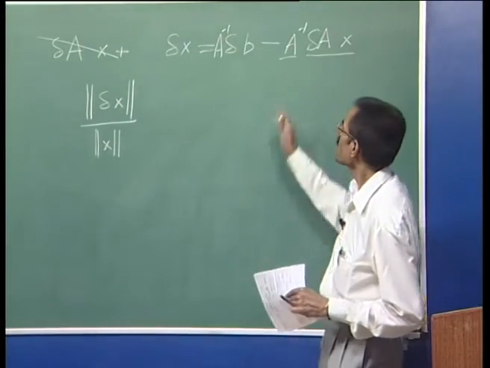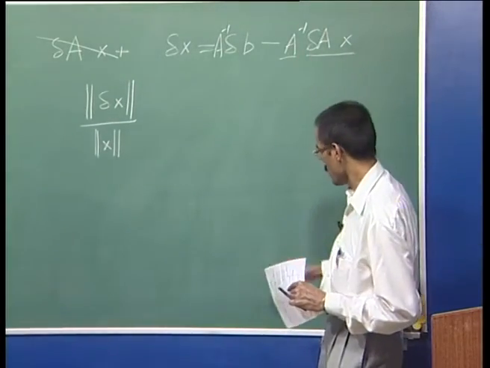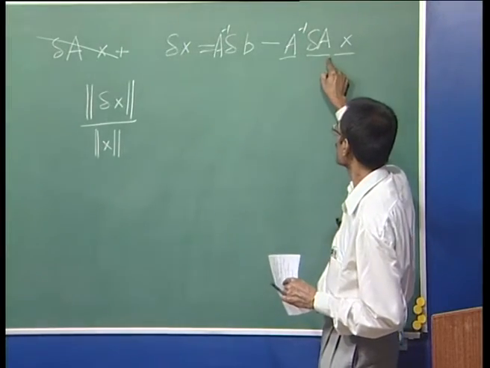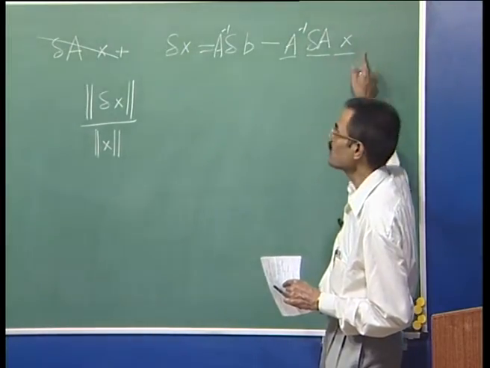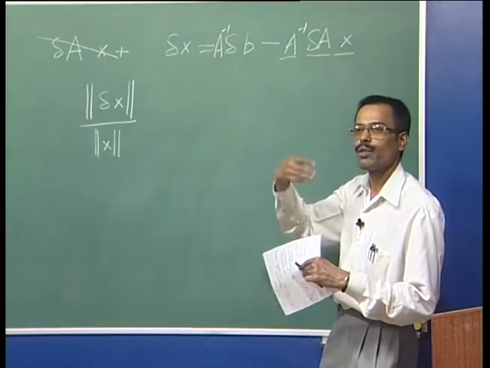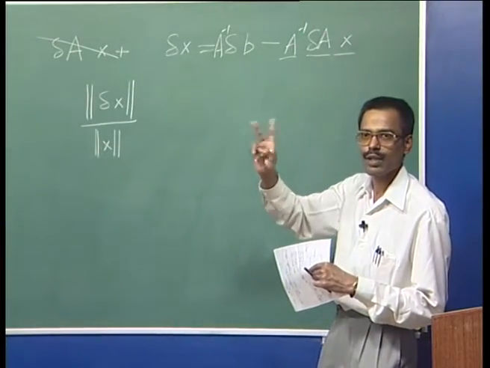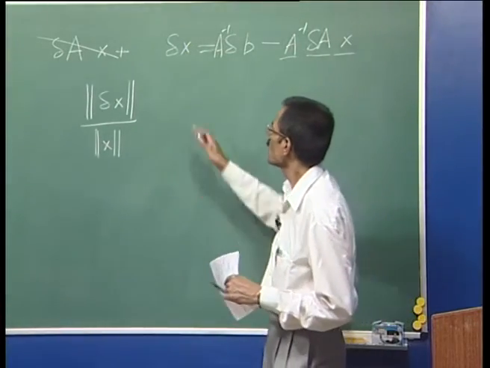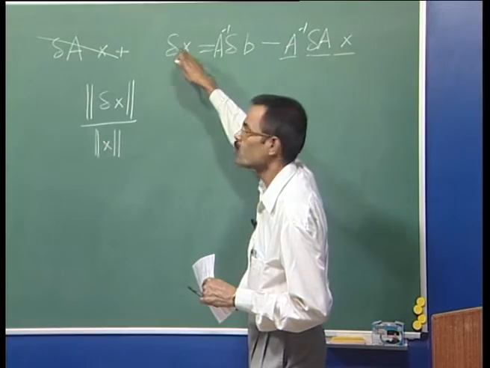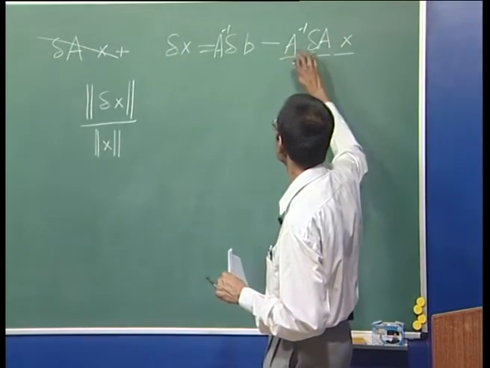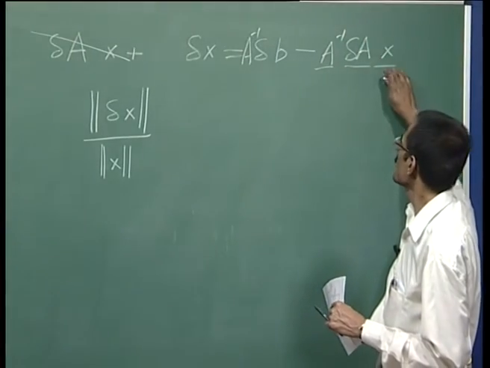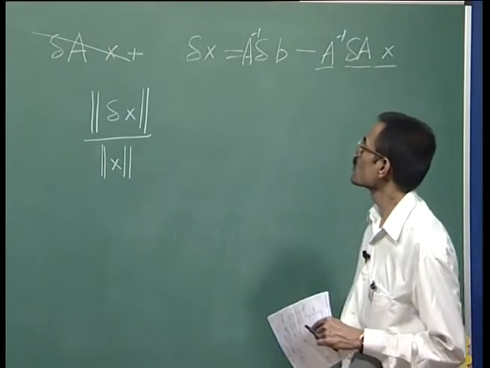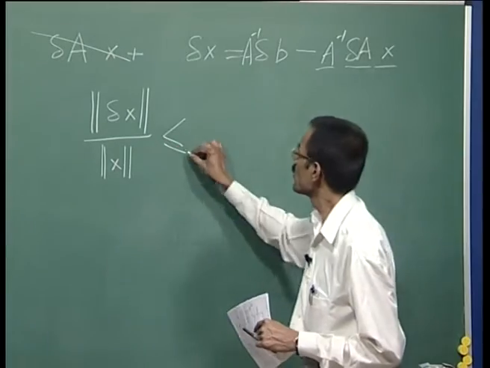right. Again, the norm of this vector will be less than equal to norm of this matrix into norm of this vector. That means, the twice less than equal to, further less than equal to, those twice less than equal to things we get here also, right. So, then again we will find that delta x norm will be less than equal to norm of this into norm of this into norm of this, and this norm of x we have already divided here. So, that will mean that we will get here